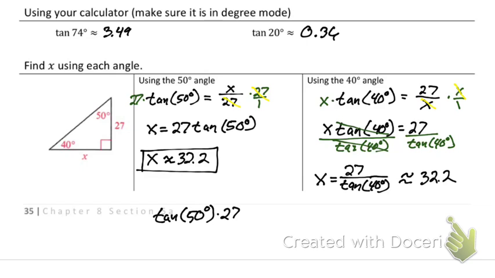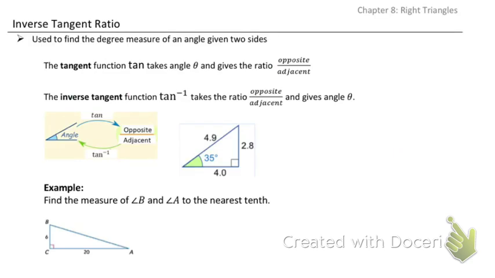So that was tangent and how to use tangent to find a missing side. The next thing we're going to talk about is the inverse of tangent. So what tangent was, basically, I input an angle and it pops out the sides. It comes out with opposite over adjacent. That's what this first thing says. The tangent function, tan, takes an angle, theta, but it really is just an angle, like angle A, angle B, and gives the ratio opposite over adjacent. So what that's saying is basically if you have tangent of an angle, let's call it angle A, it's going to equal opposite side